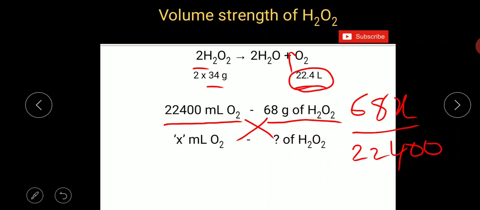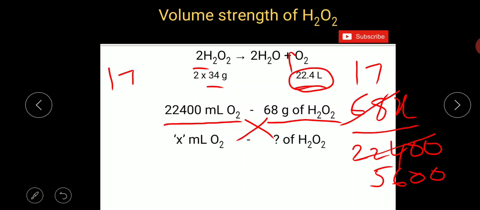In both of the values present in numerator and denominator, 4 will be cancelled. 17 times x, and this is 5,600. So how much did you get? 17x by 5,600. These many grams of hydrogen peroxide are required to get X milliliters of oxygen,